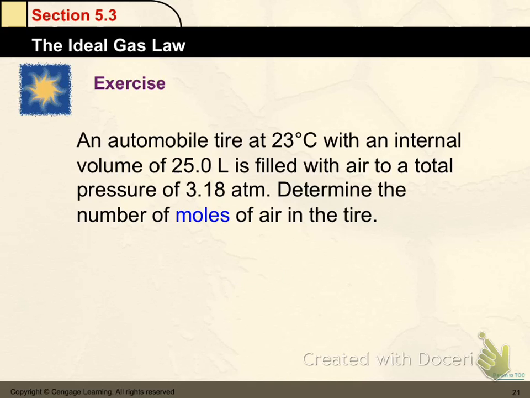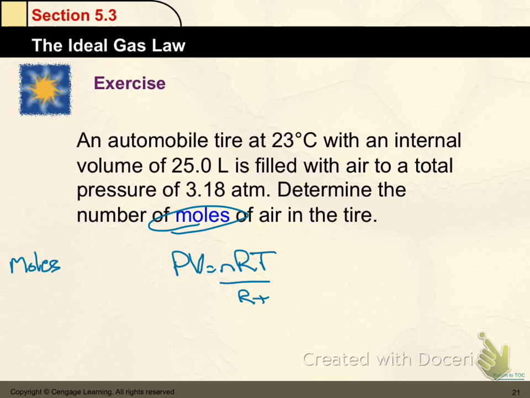Again, we're looking at our equation, PV equals nRT. What are we looking for first? We're looking for moles. How do I know to use PV equals nRT? Why don't I use the combined gas law? Because of that, right? The combined gas law doesn't have moles. So that's going to be my equation. Wait a minute, though. I don't like the equation like that. It looks ugly. It doesn't give me moles. So let's go ahead and solve for moles right away, right?